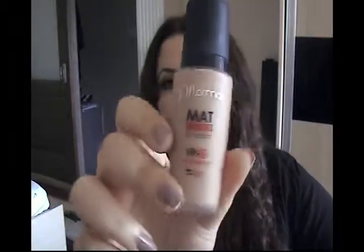Another foundation that I bought and like is Flormar. It's Matte Touch foundation with vitamin E. This foundation is good because it mattifies your skin more than the other foundations that I have, but it doesn't keep my skin matte for like very long time. But comparing to the others, yes, it does the job. So I really like it. The color is okay, but it's way too beige for me. I have yellow undertoned skin, so it's a little bit beige for me. I like this mixing with other foundations. I like mixing foundations to be able to find the perfect shade, because usually the foundations don't look that natural in their own shade. So if you mix them, you will find the